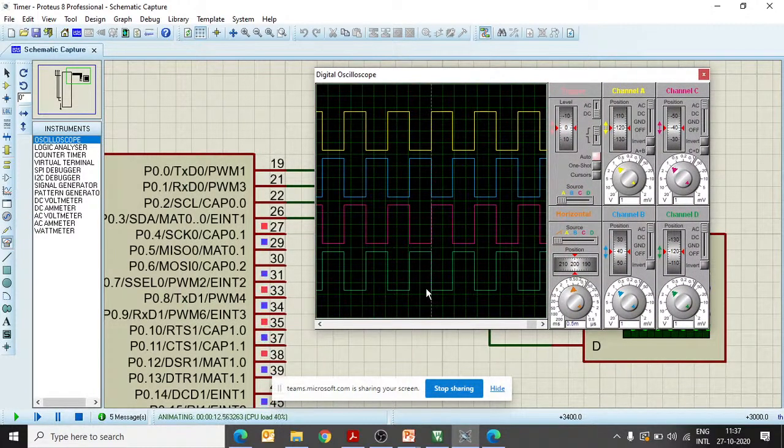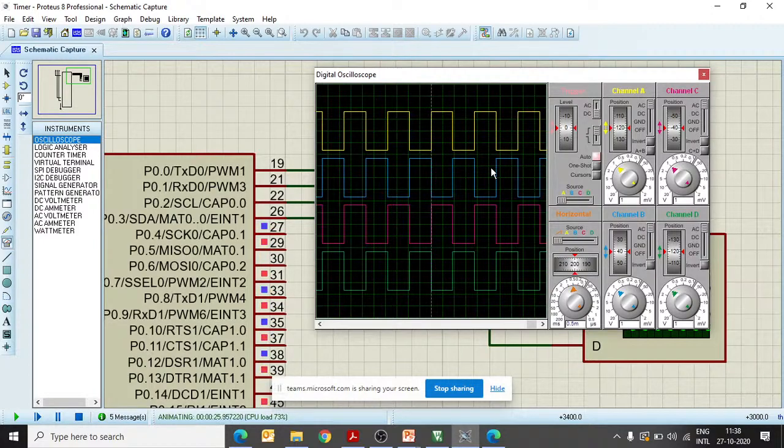So we are getting a delay here with the help of a timer, right? Now if we change that value inside the delay routine, then this timer delay will change. So this is how we are basically using the internal timer for a delay purpose.